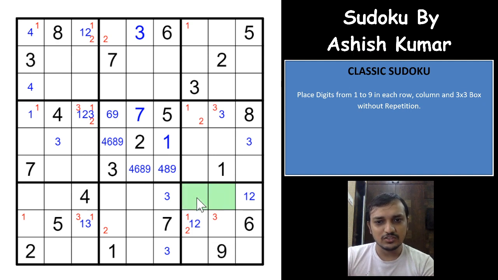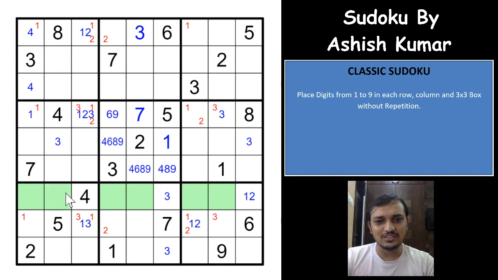Of course this cannot have 1, 2 and 3 because 1, 2 is already a pair here and 3 is already here, right? You cannot have here also 1, 2 and 3 because 2 and 3 are already given and we used the swordfish of 1 in this column, right? You cannot have here as well because 1 and 3 is already given and you already have a swordfish of 2 in that column. Same way here because 1, 2 and 3 are already given.